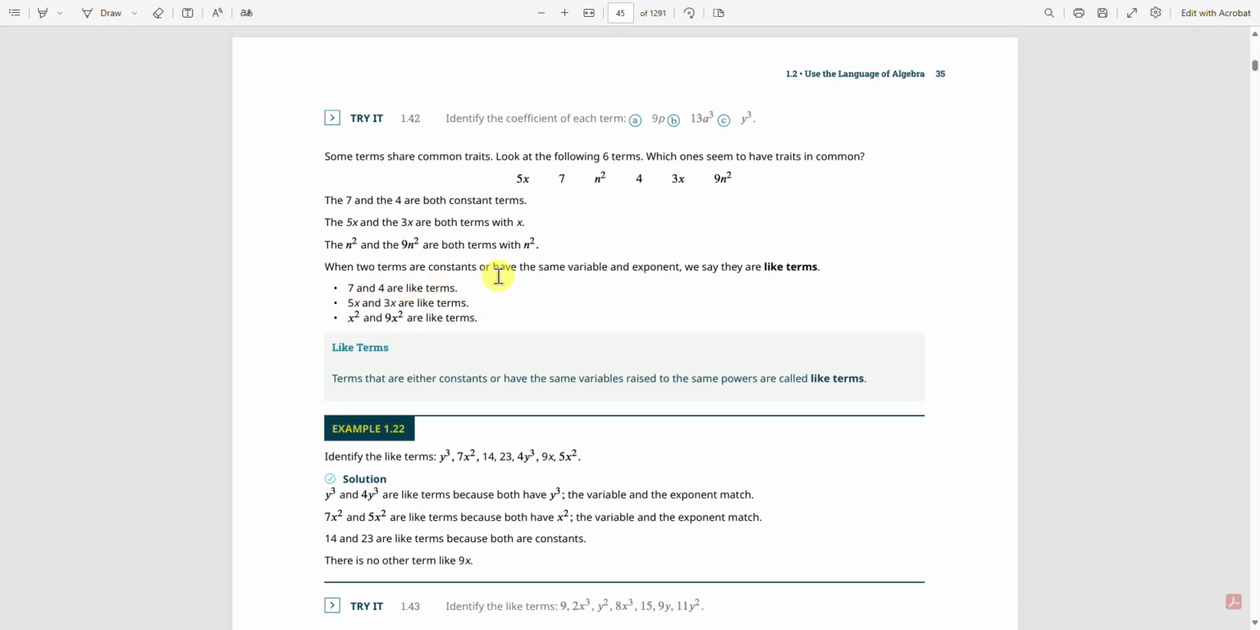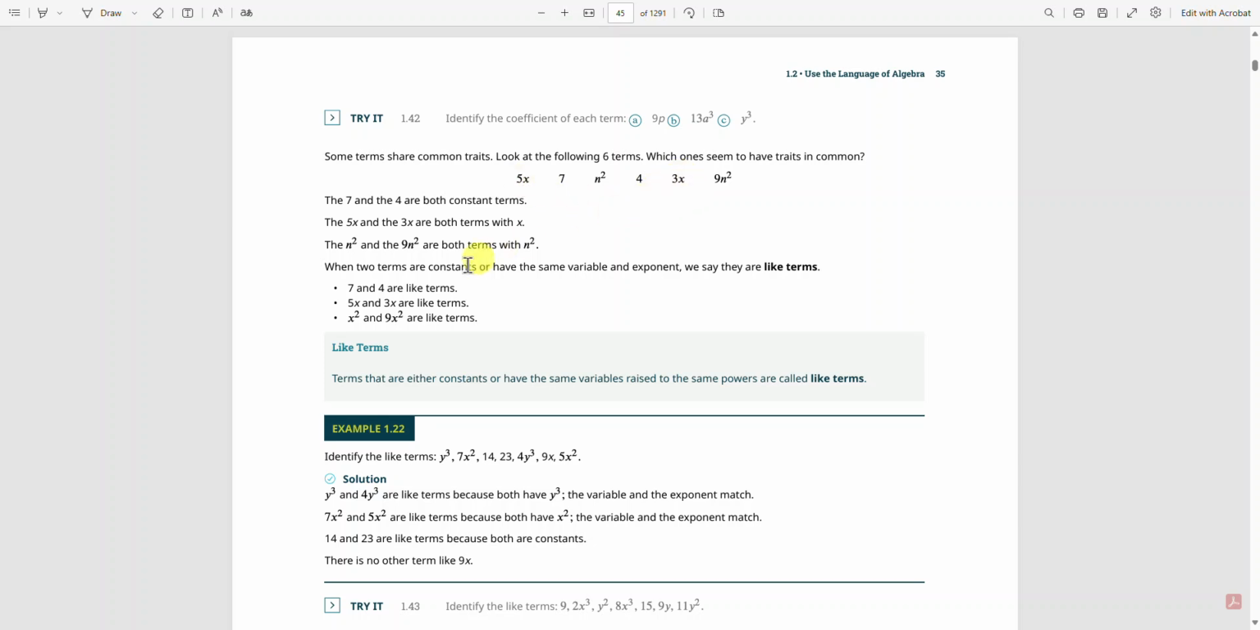5x and 3x have the same variable. Notice it says "and exponent." It doesn't just say they have the same variable, but that they have the same variable and exponent. So we see 5x and 3x. The exponent of the variable here would be 1. x is equal to x to the first power. And the exponent here of x would be 1. 3 times x is equal to 3 times x to the first power. So because they have the same variable and the same exponent, we can say that 5x and 3x are like